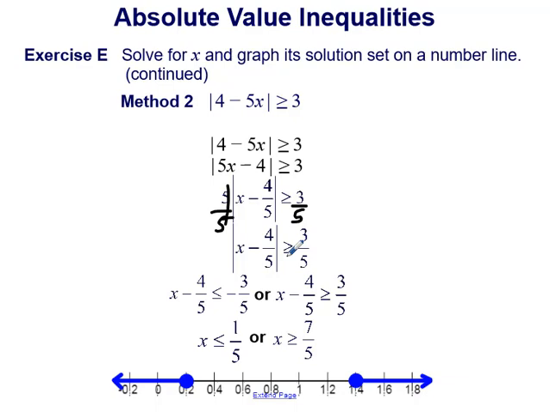So this method, number 2, you're using fractions a lot more in the process, but that's okay. It's just what you're more comfortable with. It's just a different way of seeing that if you now split into your compound inequality, you have x minus 4/5 is less than or equal to negative 3/5, or x minus 4/5 is greater than or equal to 3/5. If you add 4/5 to all sides, to undo the subtraction, you end up with x is less than or equal to 1/5, or x is greater than or equal to 7/5, which again is